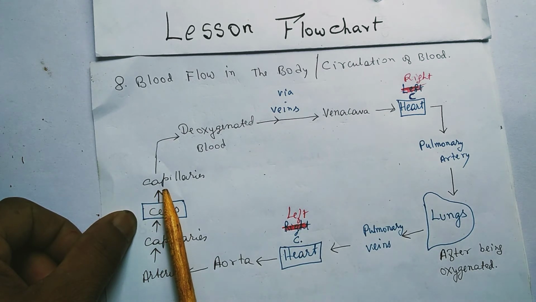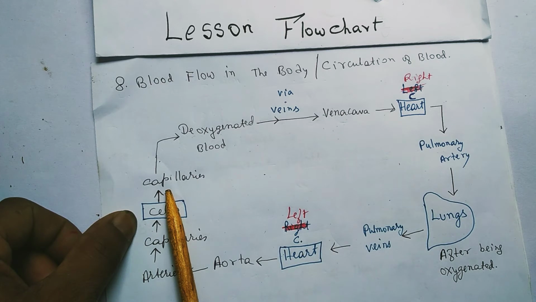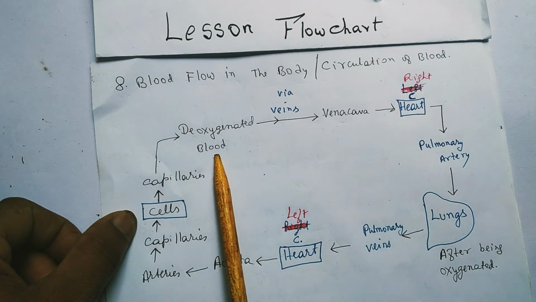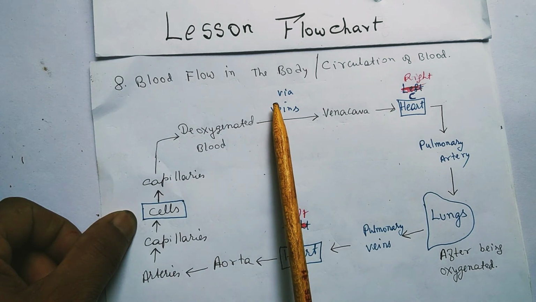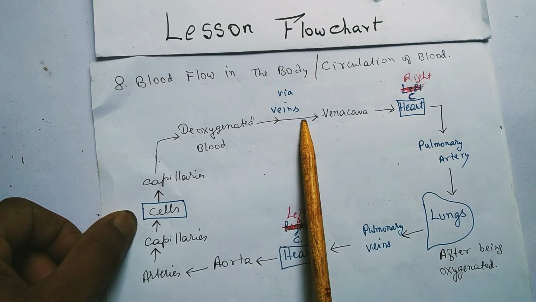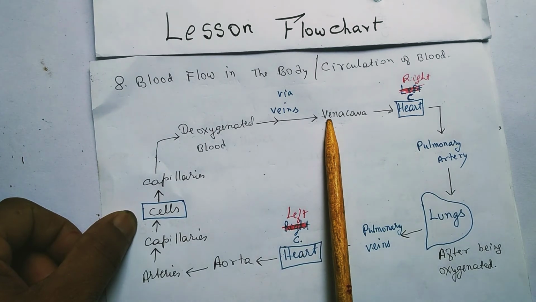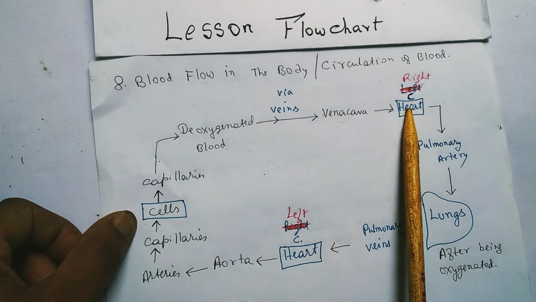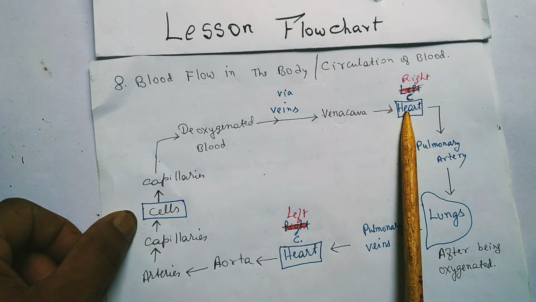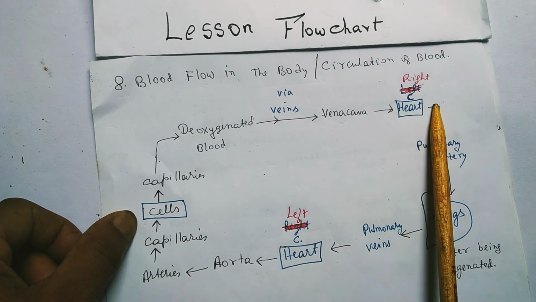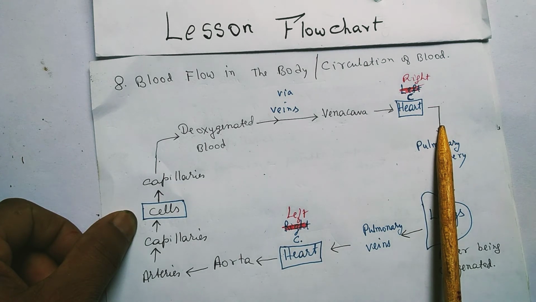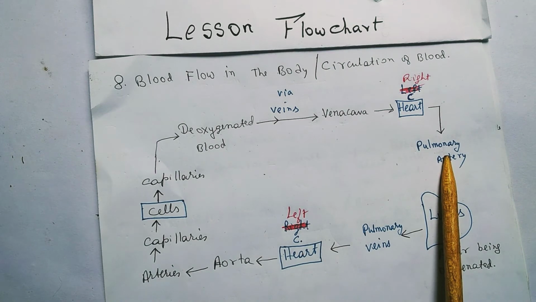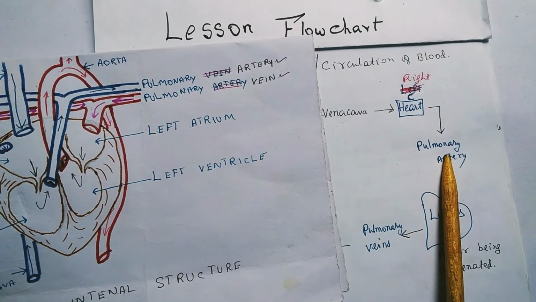This blood present in the capillaries, which contains lots of carbon dioxide, is called deoxygenated blood, and that deoxygenated blood will pass into the veins, go to the vena cava. You remember, superior and inferior vena cava, and from the vena cava it goes into the right chamber of the heart, which is called the right atrium, and from the right atrium it goes to the left atrium. From the left atrium it will pass to this pulmonary artery. You remember in that diagram, it passes into the pulmonary artery,